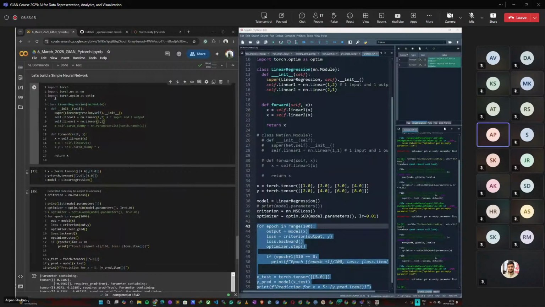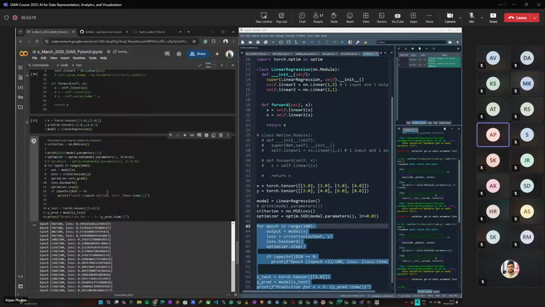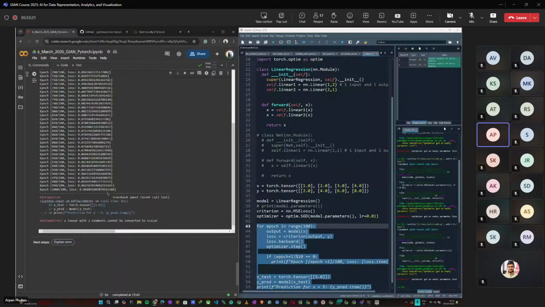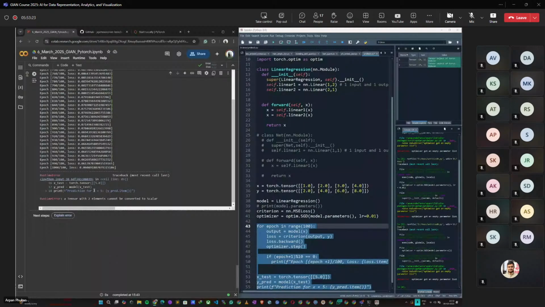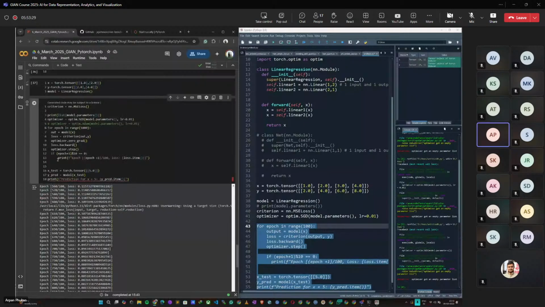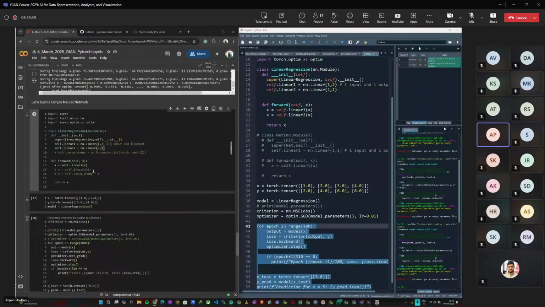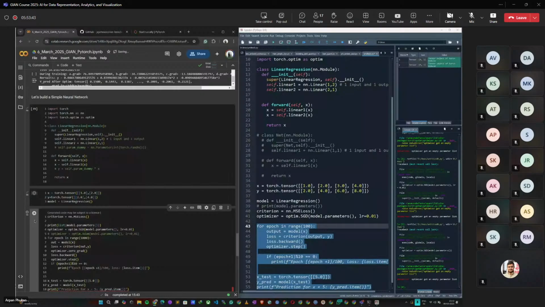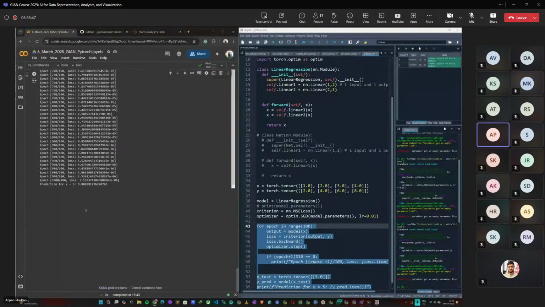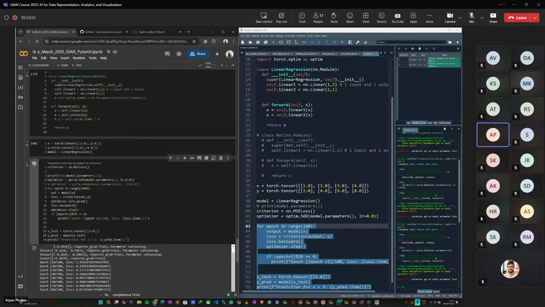What happened now? Five, dot item. So with 2 elements, this cannot be converted to scalar. 2 predictions. Oh, oh. Sorry, forgot to enable the second linear layer. Let's try that again. Quite similar. So yeah, this is how you would go about creating a simple neural network with multiple layers,